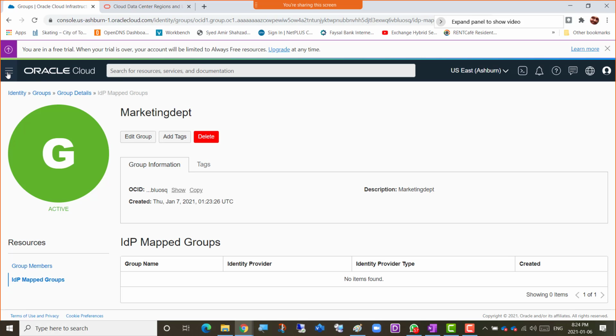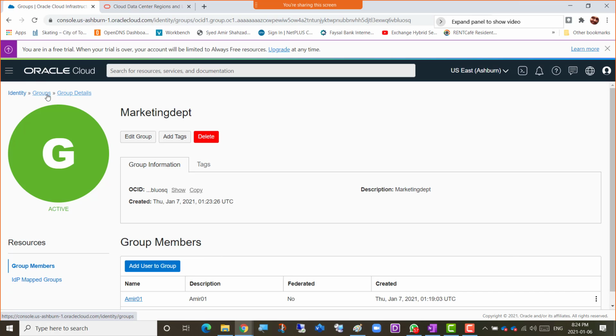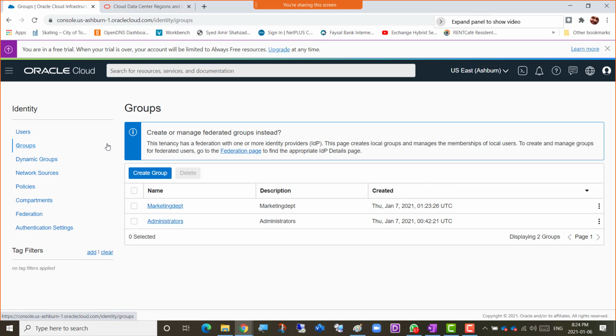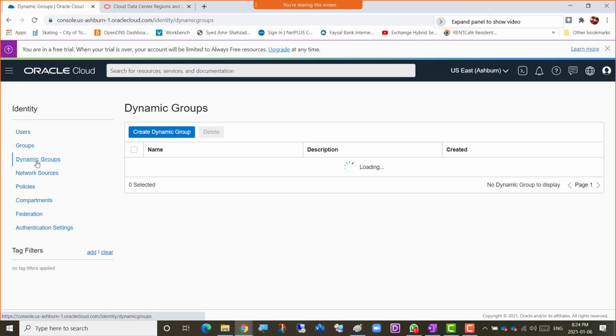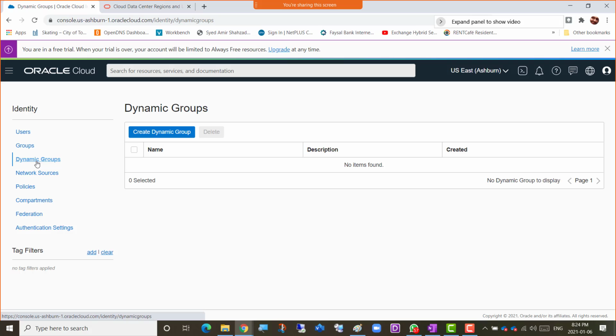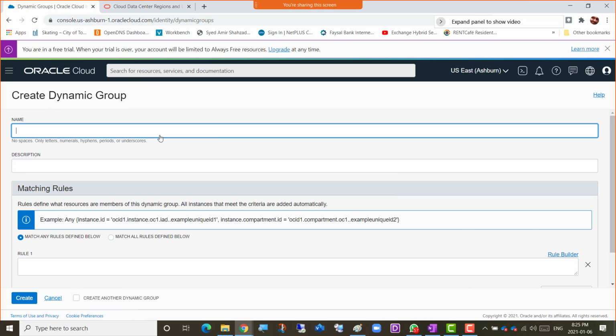identity provider. So if I go back to group details and then go back to groups, so that local group got created really easily, and there's a dynamic groups here as well. It's very strange that they have put some combination of Office 365 Exchange server here as well. So dynamic group normally is a much more complicated group, but normally what it does is that it says